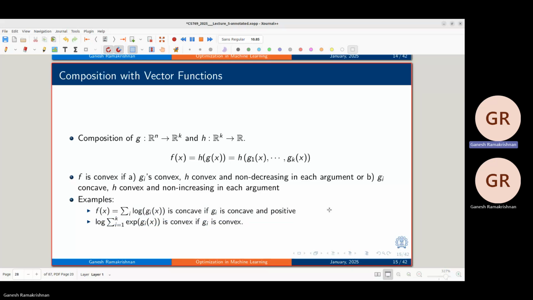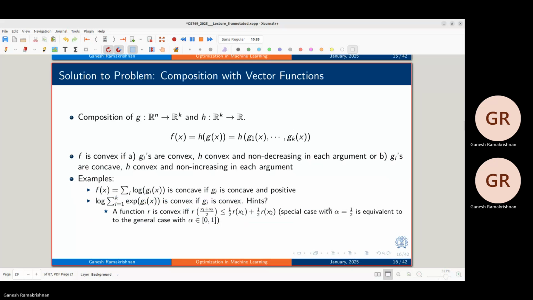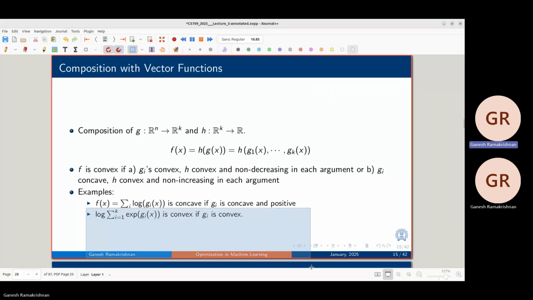So you see, this is a case of B. This is clear? This is a case of B. The first one should be easy to show. Sorry, the second one